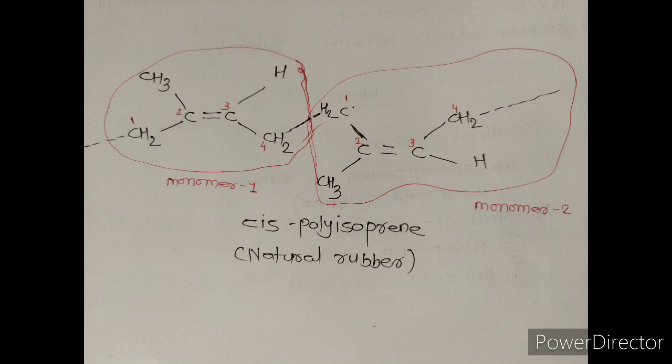In the first monomer, first we have to write carbon 2 and carbon 3 with a double bond and arrange the remaining molecule around carbon 2 and carbon 3. So we get the first monomer. Now for the second monomer, give 180-degree rotation to the first monomer, so we get the second monomer, and in both the first monomer and second monomer the bond is formed between two CH2 groups.